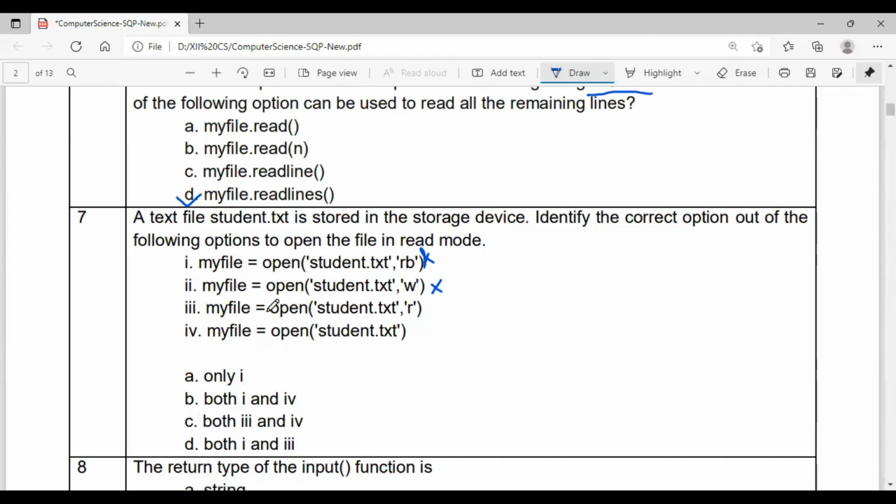If I give myfile equal to open student.txt r mode, that is true. And checking the option myfile equal to open student.txt, here the mode is not specified, but if the mode is not specified, by default it opens in the read mode. So 3 and 4 are both correct. So you have the option C.